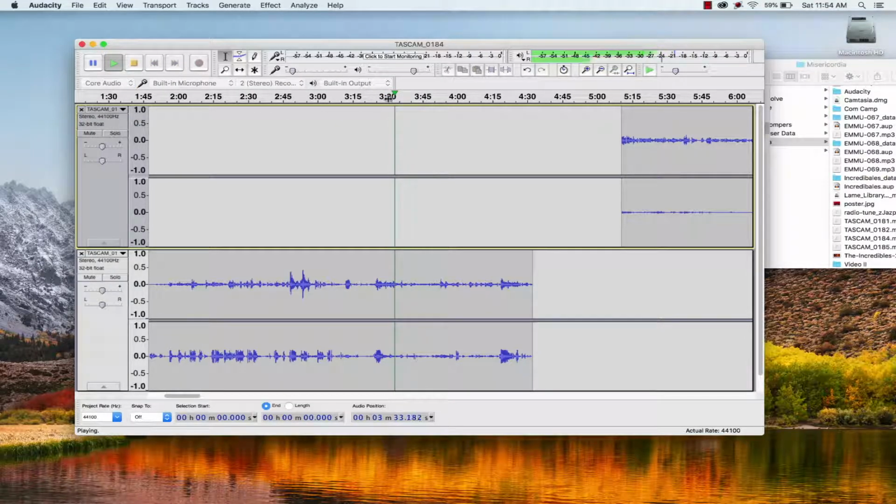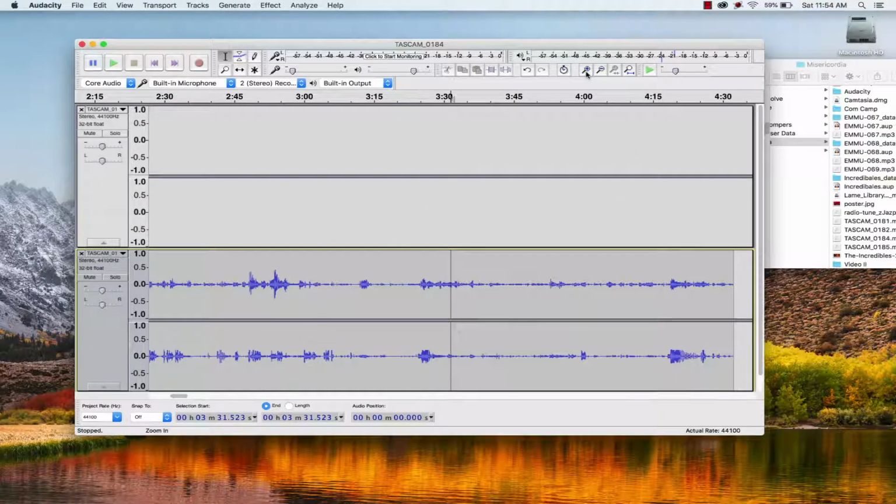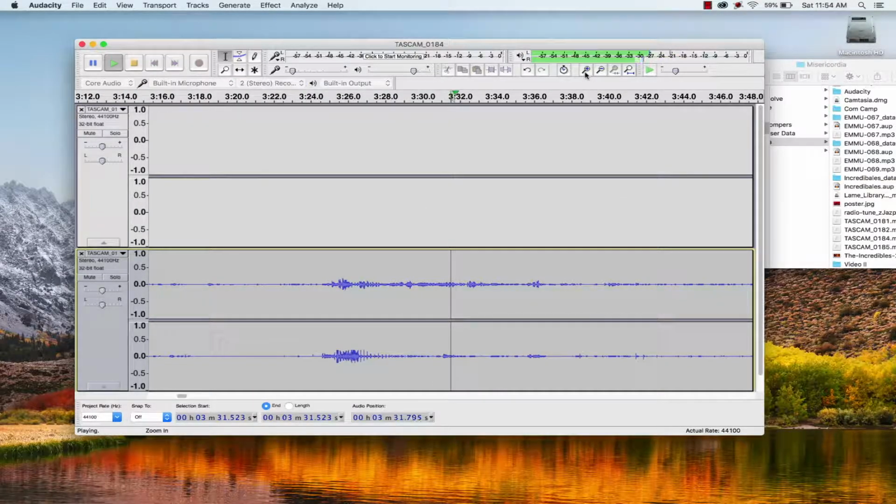Hey, by the way, he's taking the lead. So right there where he says, "Hey, by the way," I'm going to zoom in. And it starts right here. All right. So now I can zoom back out,